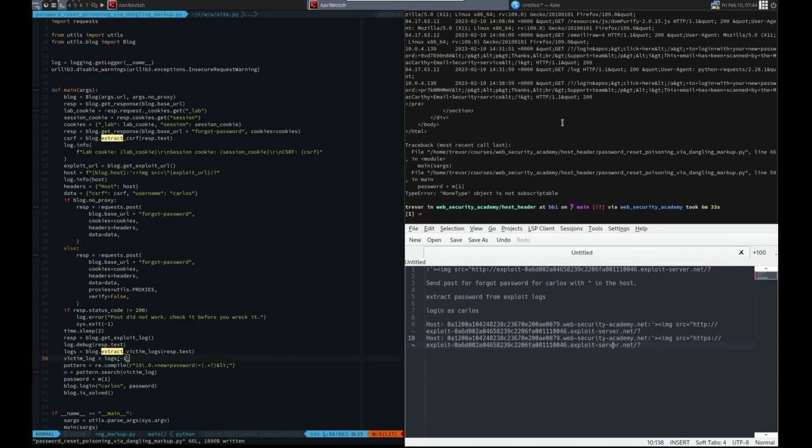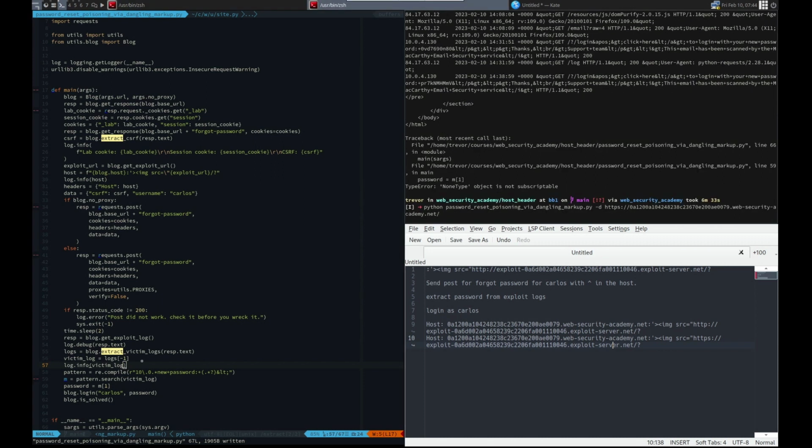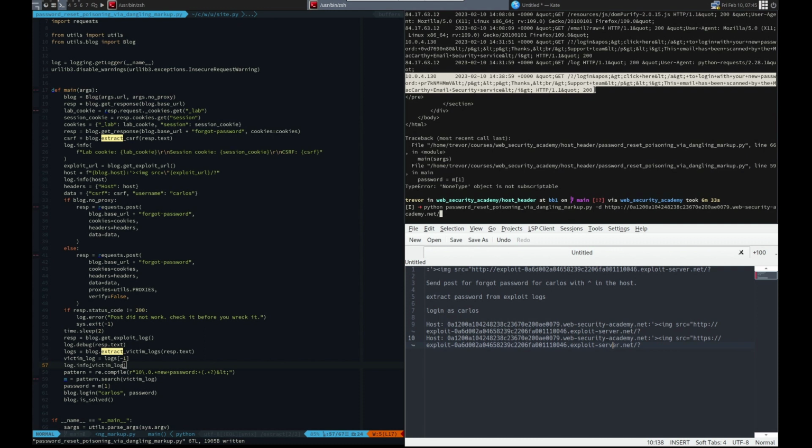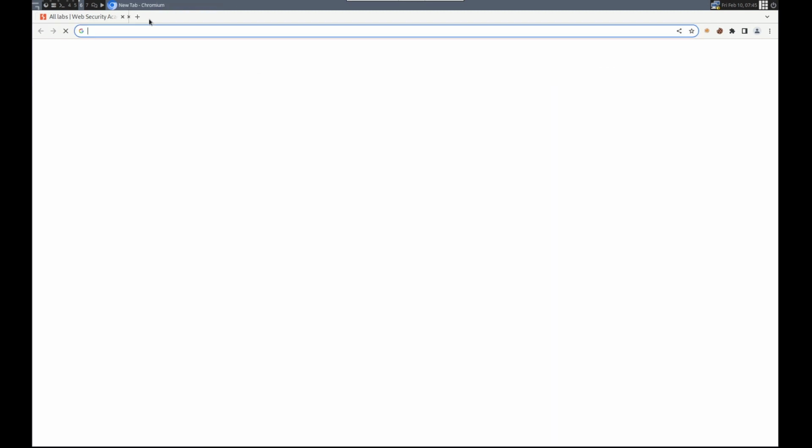Oh, no! Okay, here's the NoneType is not subscriptable. You know what we didn't do? We didn't log.info victim log. I have no idea what we got. All right, but let's pretend. So let's pretend we got this line. Let's just do this. All I'm going to do is copy this because I'm going to go to Chrome and go to regex